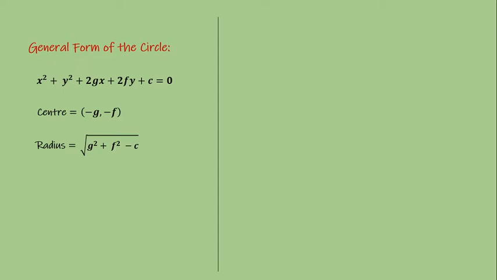Now the first point I would like to introduce is the equation of a circle having its center on the x-axis. Just try to understand: when you say the center is on the x-axis, the y coordinate is 0. So f is 0, and if f is 0, the equation gets modified to x square plus y square plus 2gx plus c is equal to 0. As f is 0, no 2fy term exists. So this is the equation of a circle having its center on the x-axis.